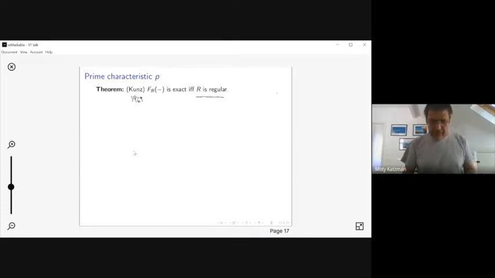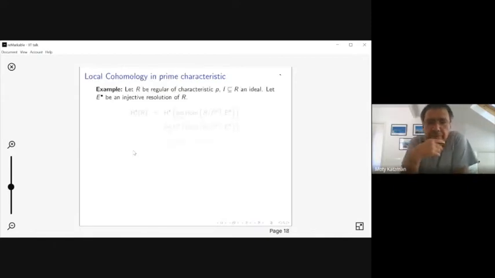So now let's start combining the various strands of the things I'm telling you about. Let's try to compute local cohomology in prime characteristic. So I want to construct the local cohomology modules supported in the ideal I. And how do we do that? We said it's a right derived functor of something or another. So let's choose an injective resolution,